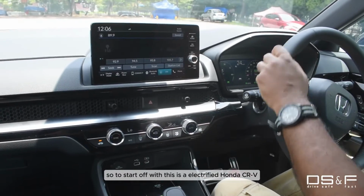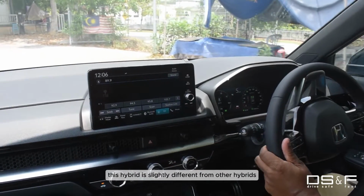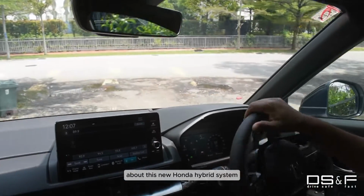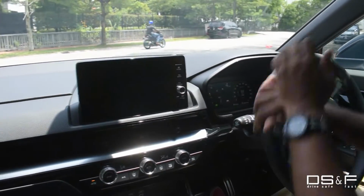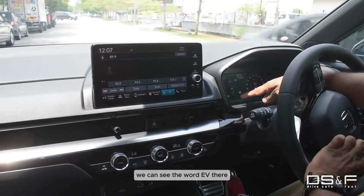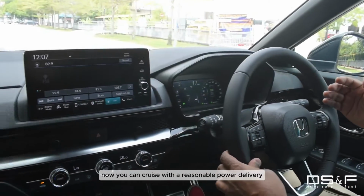So, to start off with, this is an electrified Honda CRV, which means it's hybrid. Now, this hybrid is slightly different from other hybrids and previous Honda hybrids. We've talked about this before. There's a lot of information on dsf.my about this new Honda hybrid system. It basically allows the driver to cruise around in full electric battery mode, which we're doing right now. If you can see the word EV there, as long as the word EV is on, we are running on battery mode. Now, you can cruise with a reasonable power delivery, but when you press more,